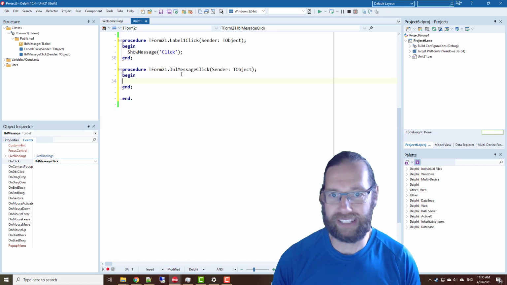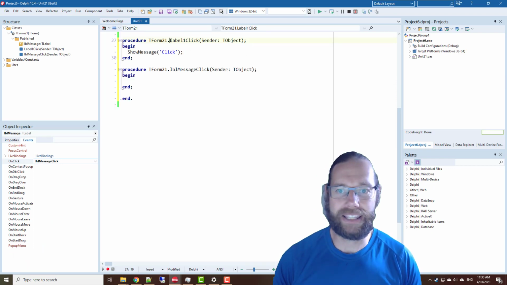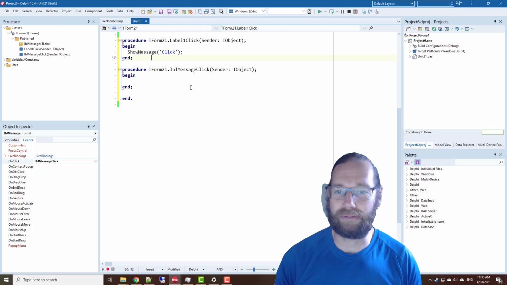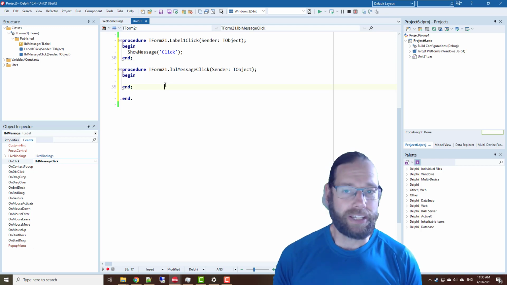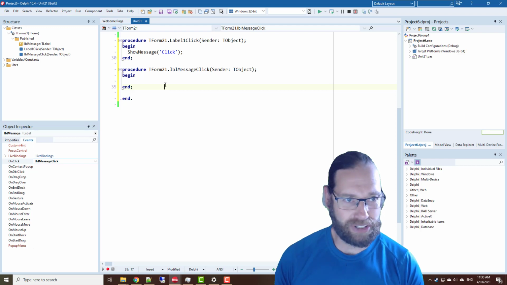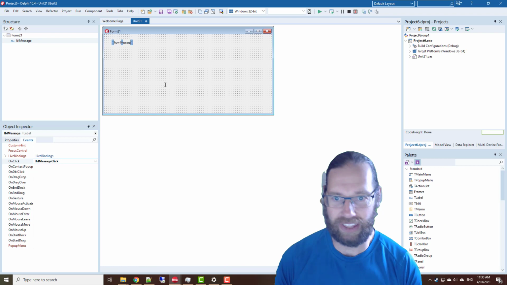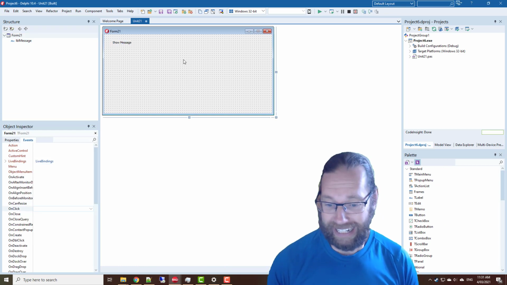If I double click on that, it creates a new lblMessageClick, but it didn't rename the Label1Click, and I don't know why. So that's odd. I've just noticed it making the previous video on TControlList. I'm not sure if this is something I've installed incorrectly on my machine, but I will be retesting this out again. I think probably not going to be the first person to report this bug, but I am going to have a go and see if it's in the